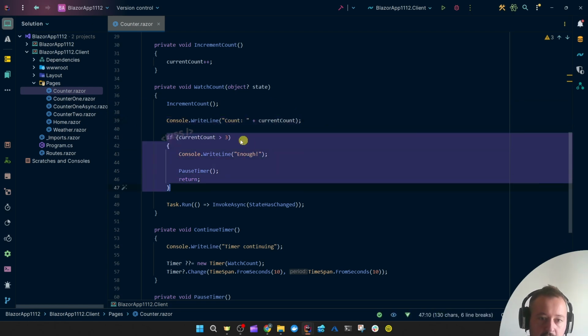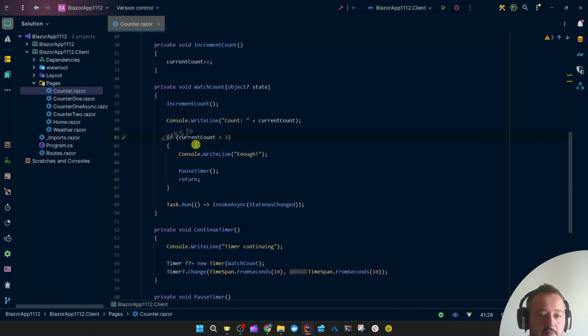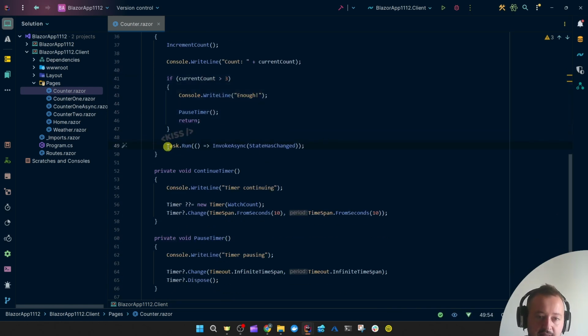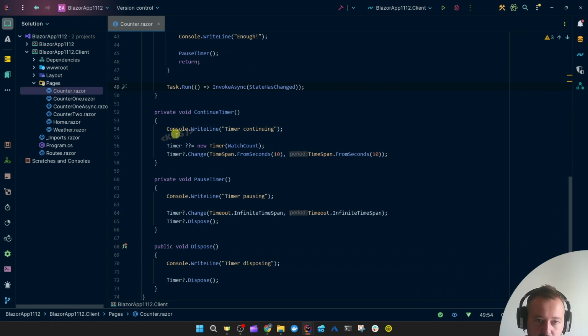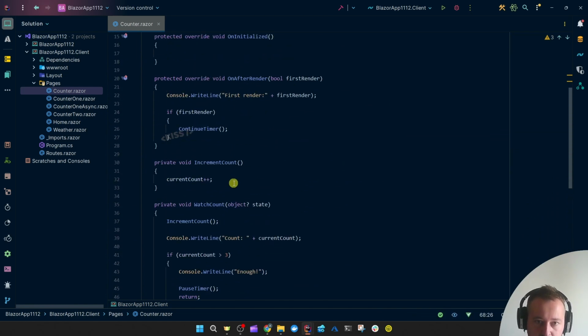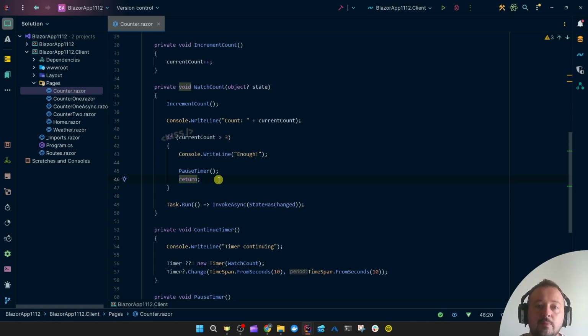If it's more than 3, that's a bit similar to checking for the token expiry, then we're going to stop and dispose the timer. I added this line, I'll talk about that in a minute. This has to do with multi-threading. Anyway, continue timer, so I'm creating the timer running every 10 seconds, pause timer in infinite, and disposing the timer. This project is just a default Blazor Web app with the render mode set to auto, so server and